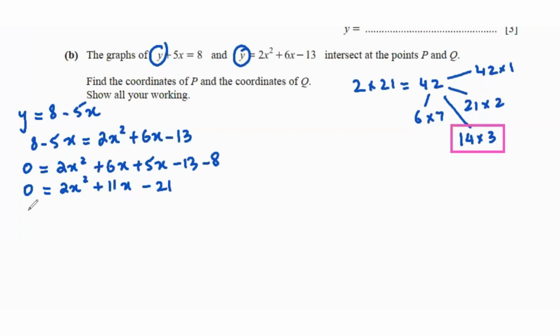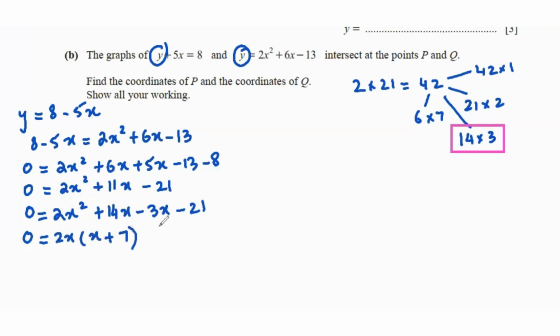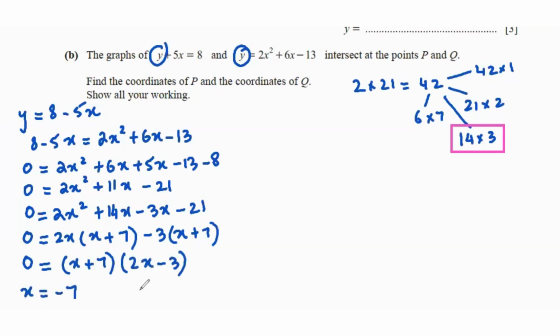So we will replace 11x with plus 14x minus 3x. And now we factor by grouping. We factor the first two terms separately and the last two terms separately. Between the first two terms, we have 2x common, so we are left with x plus 7 in the bracket. And between the last two terms, we have negative 3 common, so x plus 7 again in the second bracket. Between 2x and negative 3, we have x plus 7 common. So in the second bracket, we'll have 2x minus 3, which shows that x equals -7 and x equals